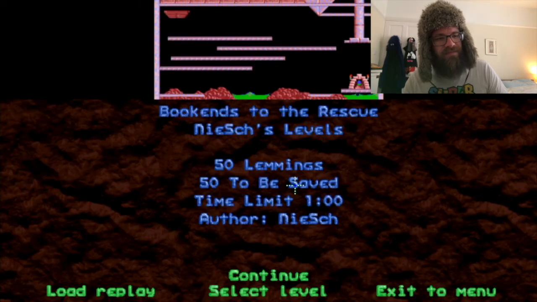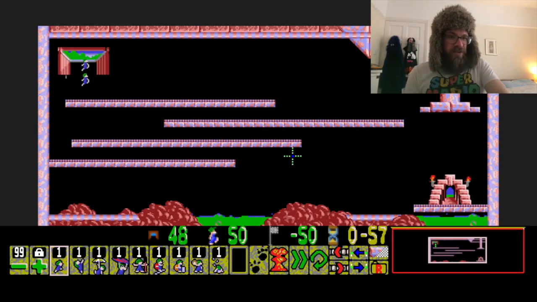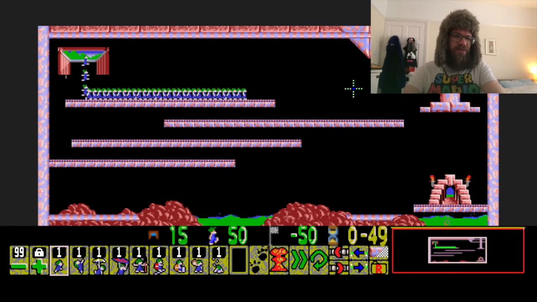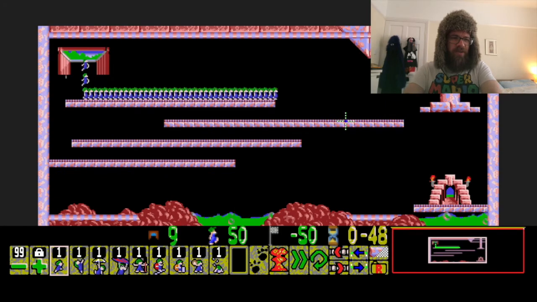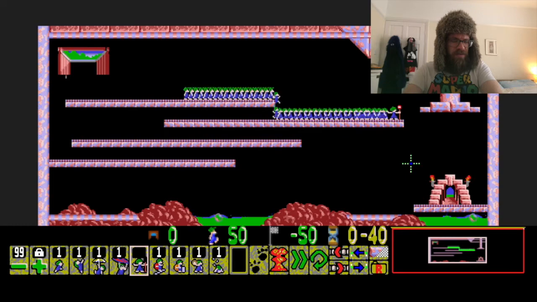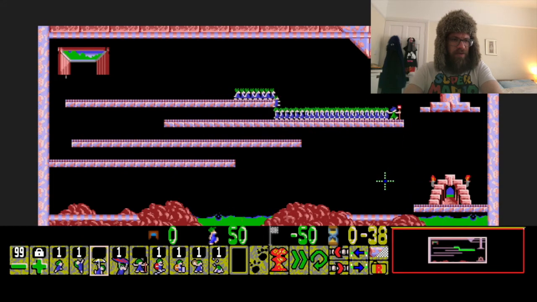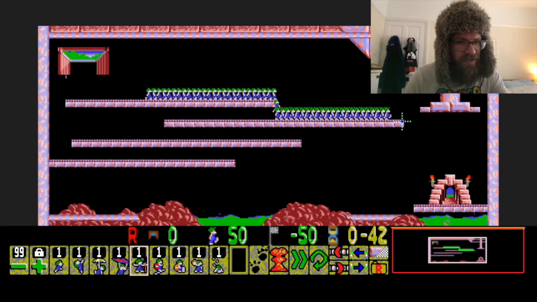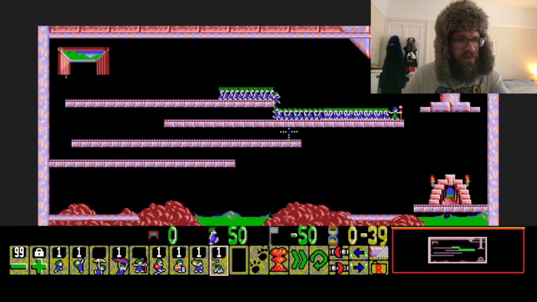I might have a go actually at seeing what the intended solution is that uses all the skills. So obviously the idea is going to be to use the grenader to rescue the blocker. I think that's almost certainly what's going on there. So let's do that. And then let's assign the blocker with a floater. Now this bit's quite tough because... Oh, I think I know what to do here actually. Yeah. Blocker, floater, and then I think if I get the last one to dig here,